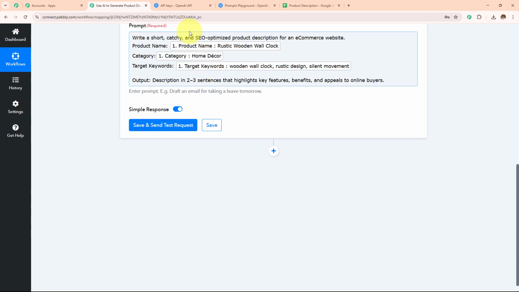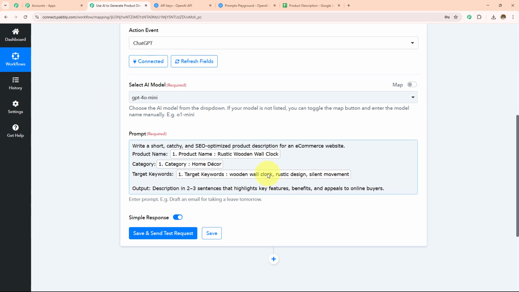Now over here mapping is important so that every time you receive a new response, it is taken into consideration in these fields. Manually entering the data will make this field static and the information will not change even if you have received the new response. Over here, if I manually enter any detail, this field will become static and every time I receive a new response, the result will not change. So as to keep this field dynamic, we use this process mapping instead of manually entering the details.